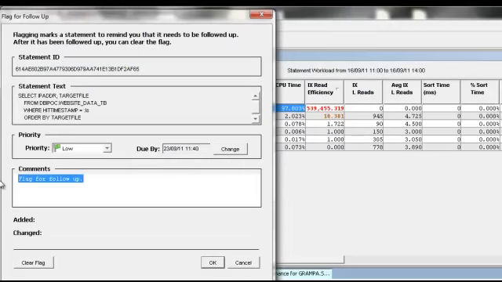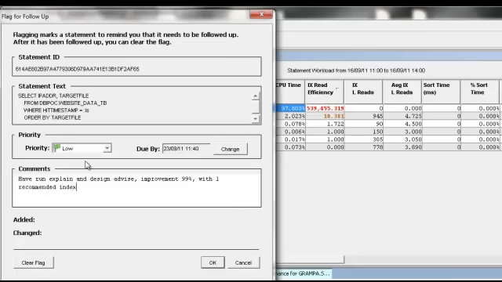So for future purposes, if we do come across this piece of SQL again and we haven't implemented the recommended index, we can just open up this follow-up note and follow what's been said in there, the percentage of improvement that needs to be made, and so on. It depends on what you enter in this comment. So for example, I've already run a design advisor against this, so I can add something like: have run explain and design advisor, improvement 99% with one recommended